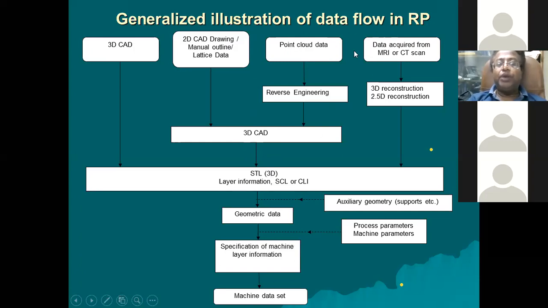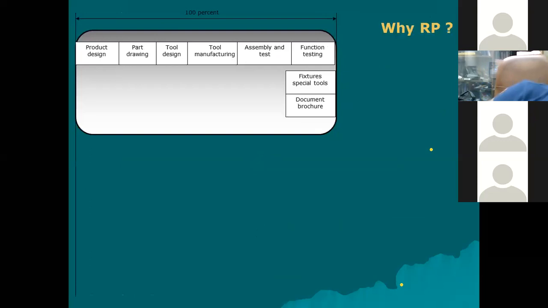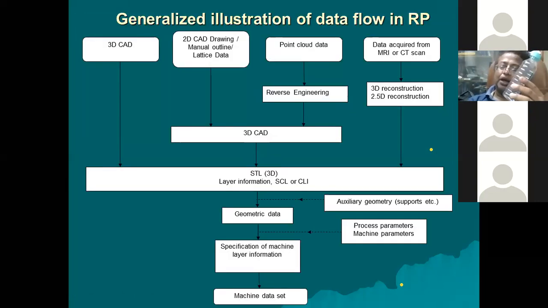The other two are very important ones, although the first two are also important, but the other two are very interesting, I'll say. Interesting means one thing is called point cloud data. Suppose I want to produce one component. Suppose this is the bottle, correct? I want to produce exactly the same bottle. So what I will do, I will scan it. The way you scan a picture in a scanner, similarly, there is hardware. You can scan this 3D geometry, correct? So it will give you point cloud data.